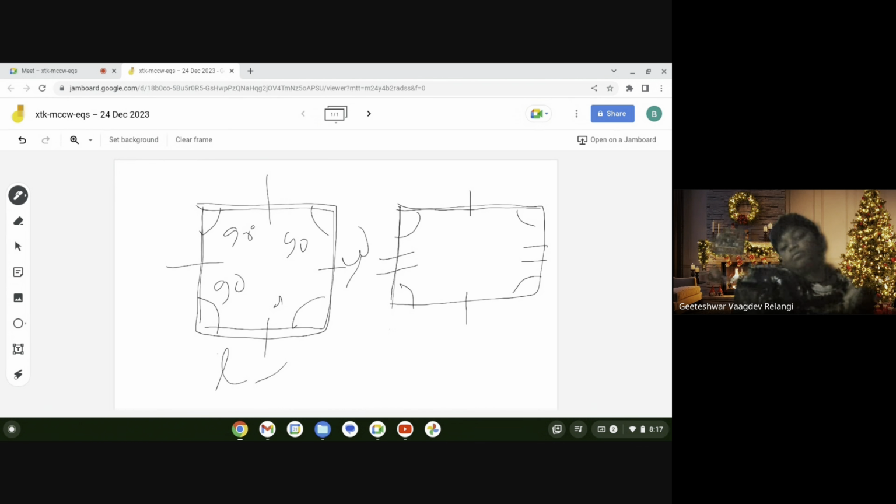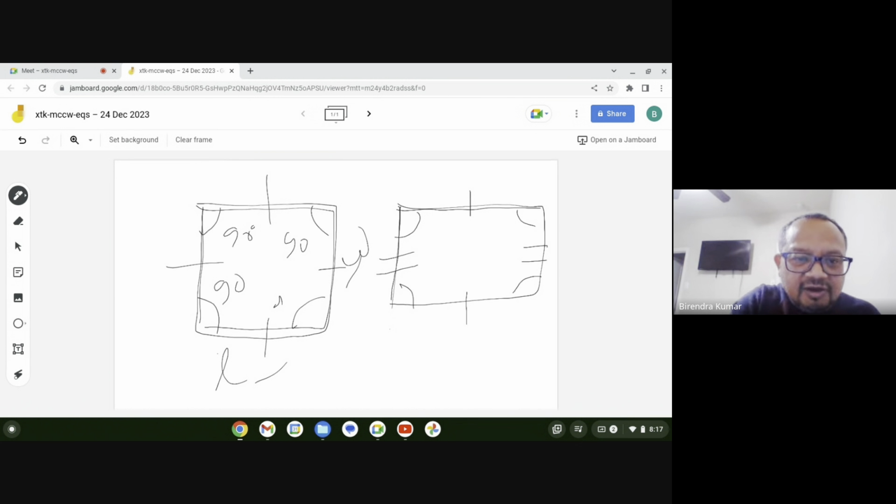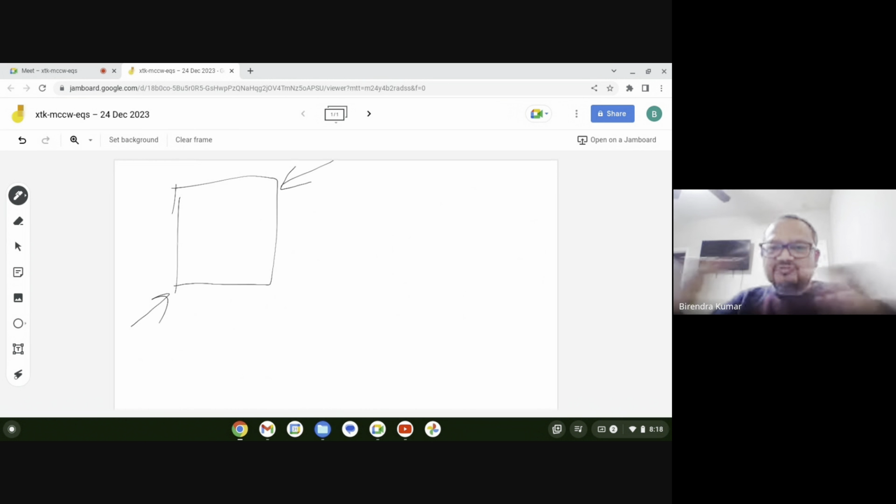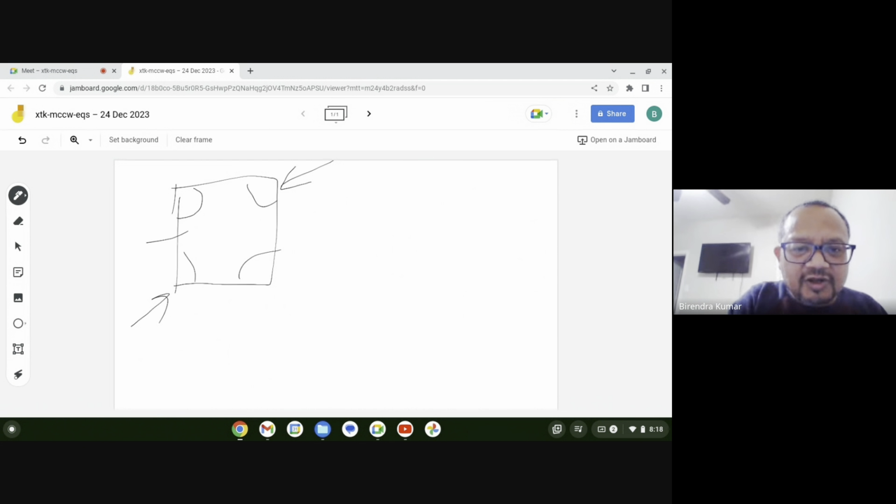Now, when you look at a rhombus, think of a situation where you are squeezing the square from the two corners, holding the two corners and squeezing it. And after you squeeze, what happens? Let me do this. This is your square. You took these two corners and started squeezing it because you don't like the shape of the square now. So a square has all four sides the same, all angles 90 degrees.